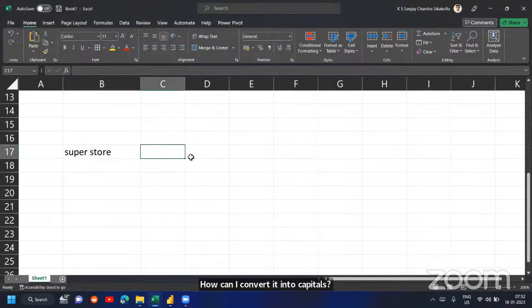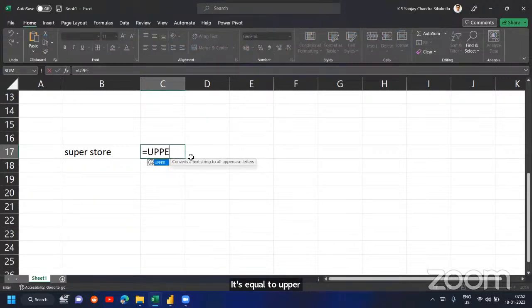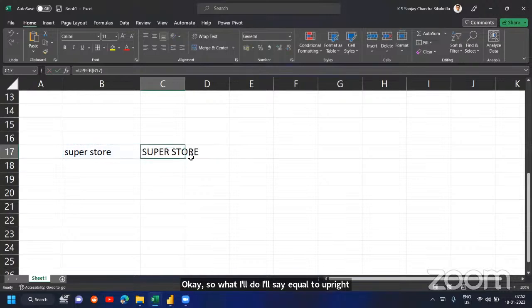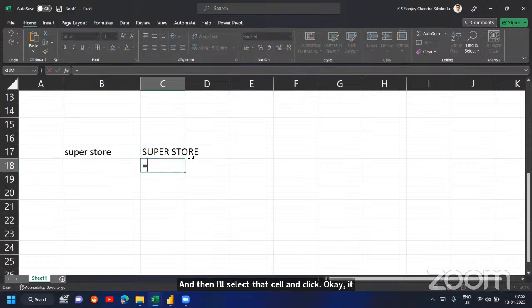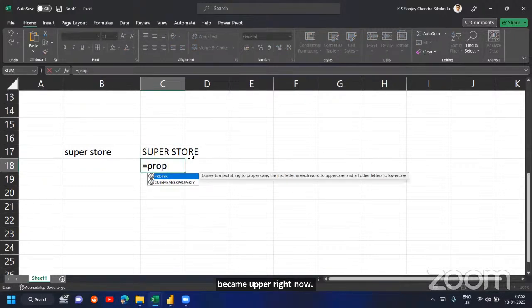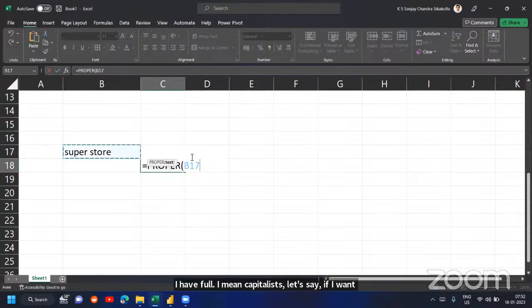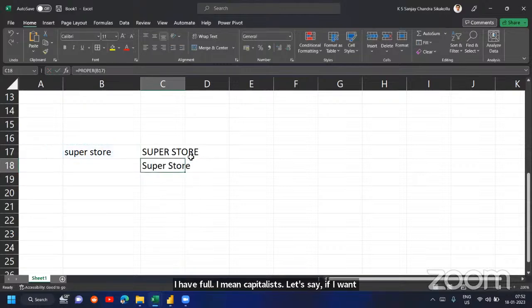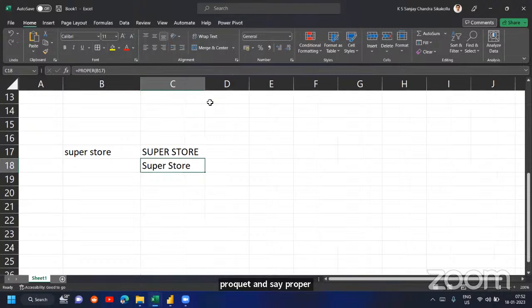Everything should be capital. Equal to UPPER. So I'll say equal to UPPER, then select that cell and click OK. It became upper, right now I have capital letters. If I want proper, I'll say PROPER, and I got my proper case. This is how we do it in Excel. We use a formula to refer to a particular cell, and then we click enter.